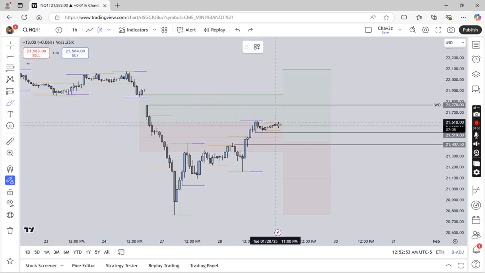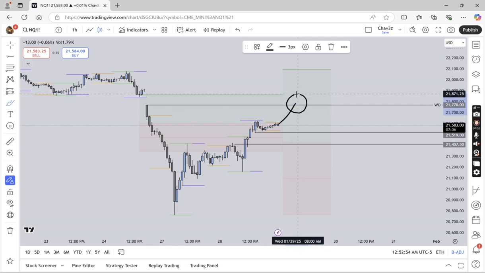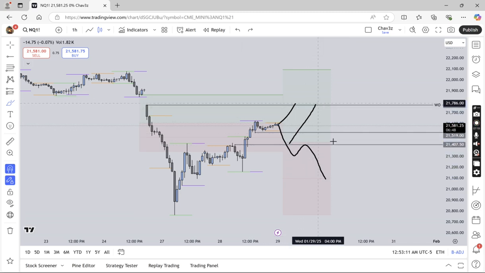So leaving it here on the 1 hour, we have 3 scenarios, right? We are going to go straight for the weekly open, drop underneath the 4 hour and use it to go lower, and then drop to the 4 hour and fail. This is the important part. Fail to fill the 4 hour fair value gap and go higher to weekly open. So those are going to be our 3 scenarios going into tomorrow.